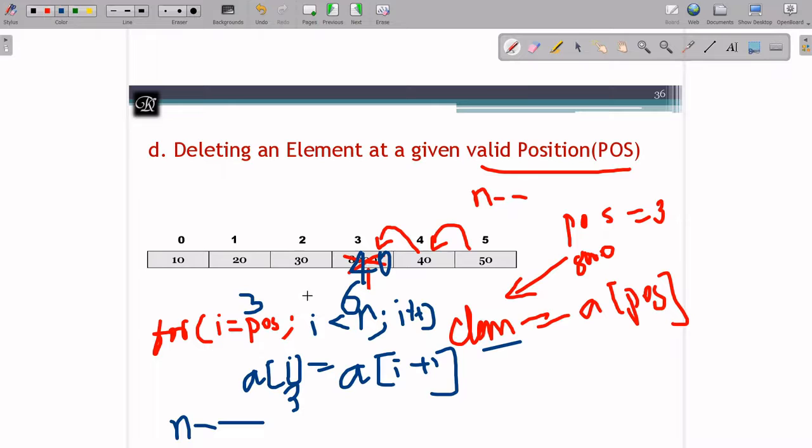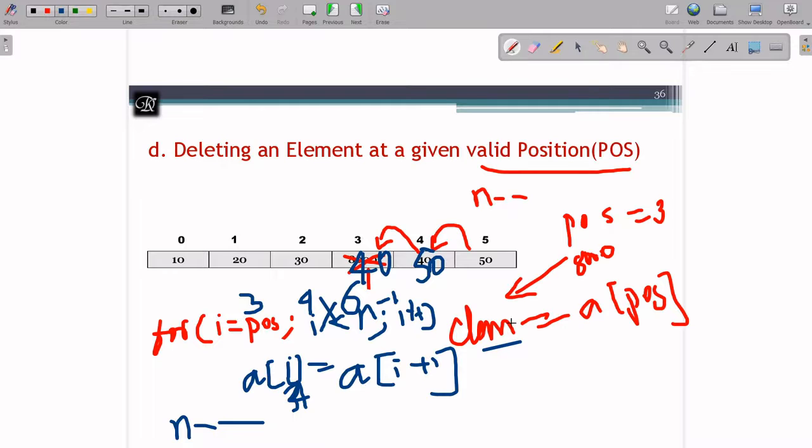4. Yeah. Now at the fourth position, I have to bring a of i plus 1, that is 4 plus 1 is 5. Yeah, I have to bring 50 over here. Now 50 is shifted to this. Again I have incremented i, it is becoming 5 now. 5 is smaller than n, 6, it is true, but I don't have any more elements over here. So what I can do is I will make this condition as i is smaller than n minus 1. And now 5 is smaller than 5, it is false, it's going to stop shifting,